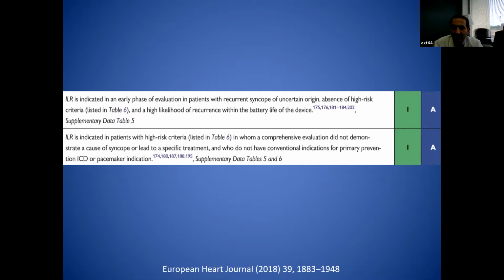They had a cath, they had an EP study, and you couldn't find anything. You should consider a loop recorder. That's risky, it puts you in a difficult situation as a physician, because who knows if the next event that you might capture on a loop recorder might be a catastrophic event. But if you don't meet any criteria for a pacemaker or defibrillator and your workup has been negative, this is what